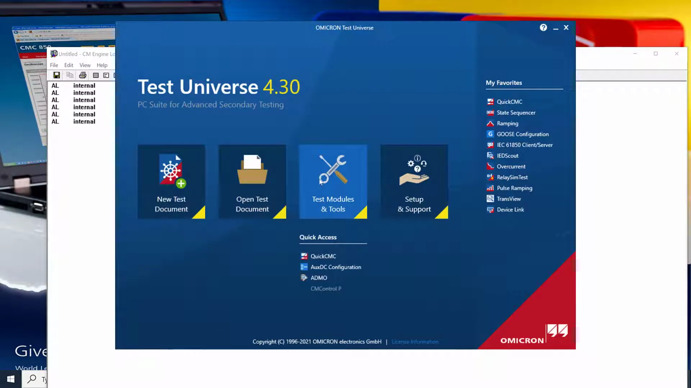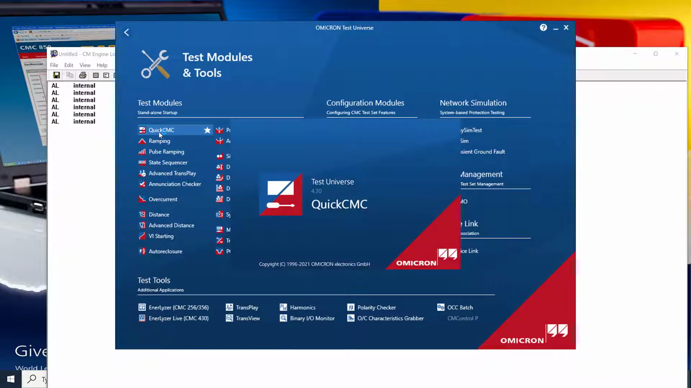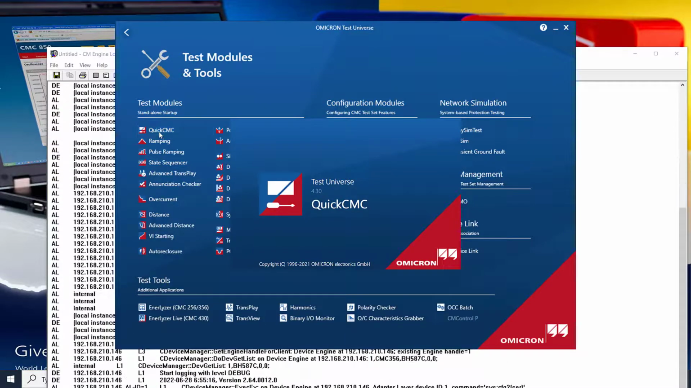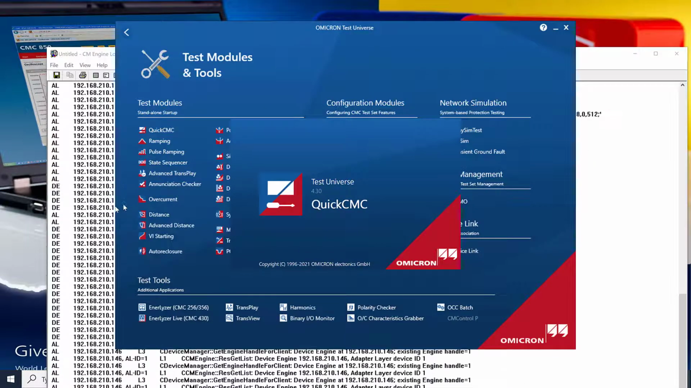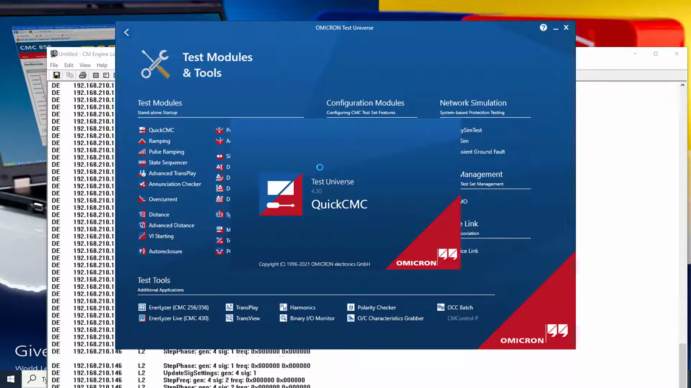We need to enable this before we start with the other test modules. So I would like to start with one of the test modules to show how I can see or collect the log files from my CMC test set. So let's go to the test module and tools section, and I will start the Quick CMC test module. Now you can see in the background there are so many logs getting updated upon selecting the Test Universe Quick CMC test module,